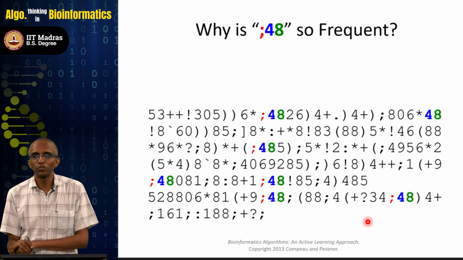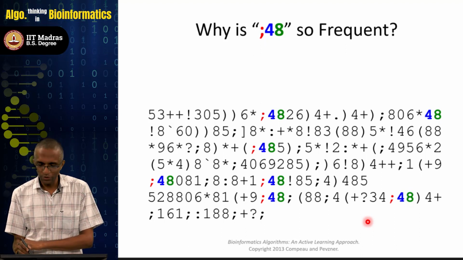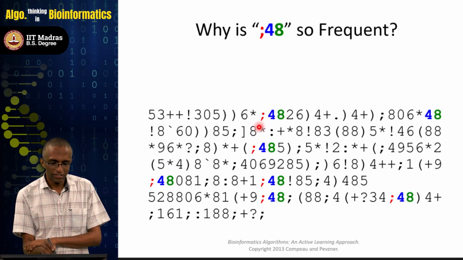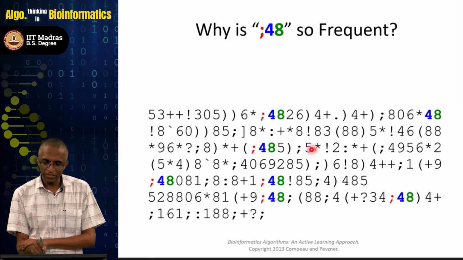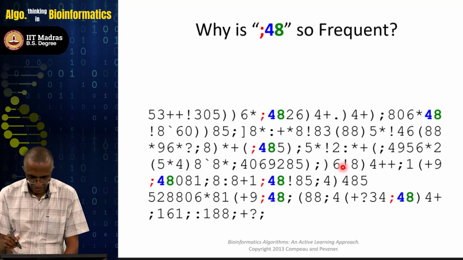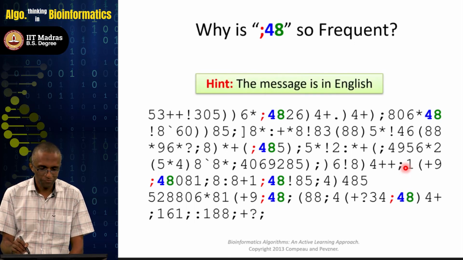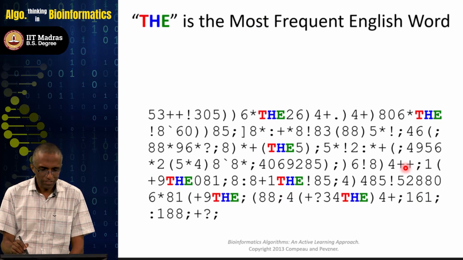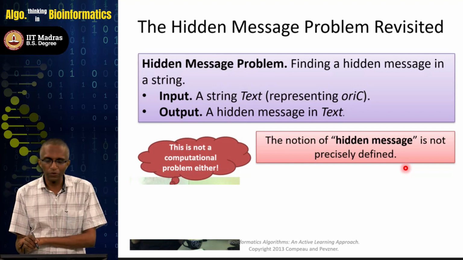Okay, and so the most common 3-letter word in the English language is "the", and so you can then say that maybe semicolon stands for T, 4 stands for H, right, and 8 is indicating E. Using that you can replace everything with THE and then try to decode the whole message. But you can see that this is a lot of guesswork, and it's not very concrete or well defined, right. And so basically we need to somehow make it more precise, and we are going to get this